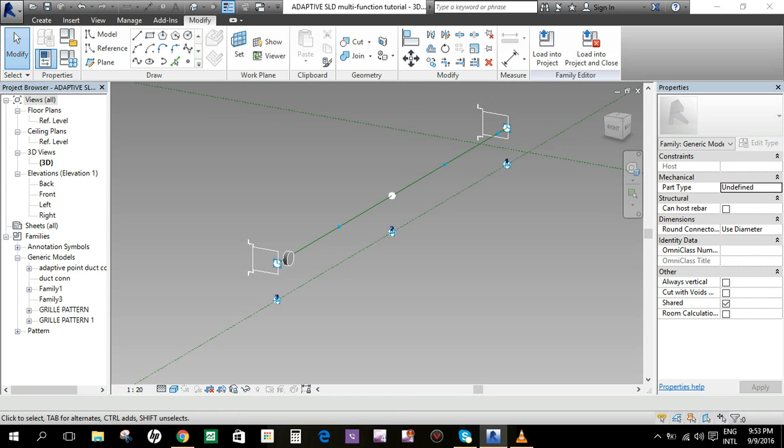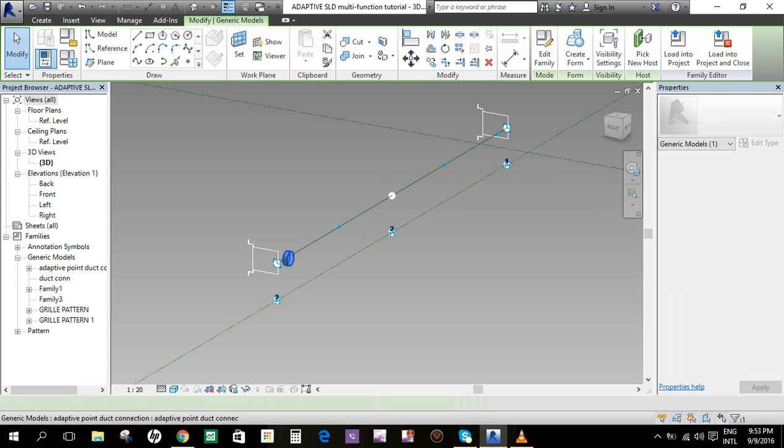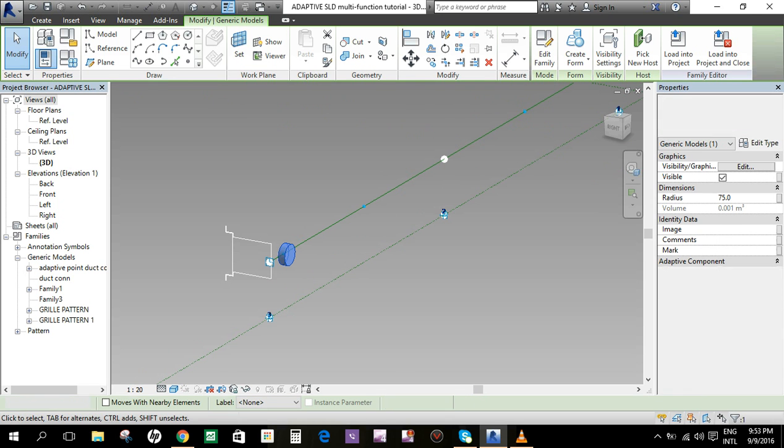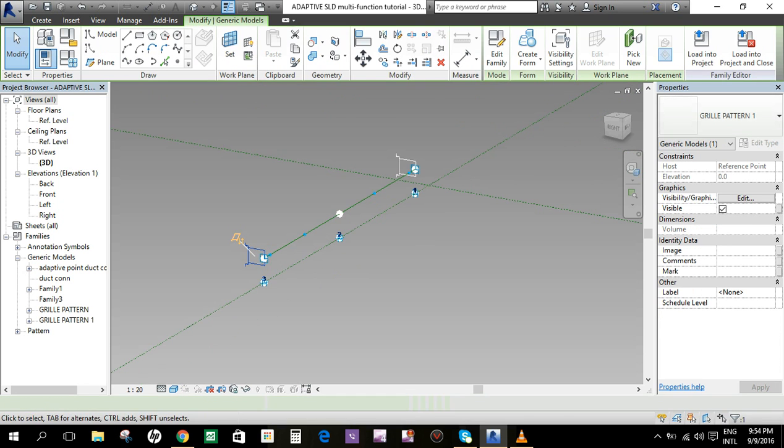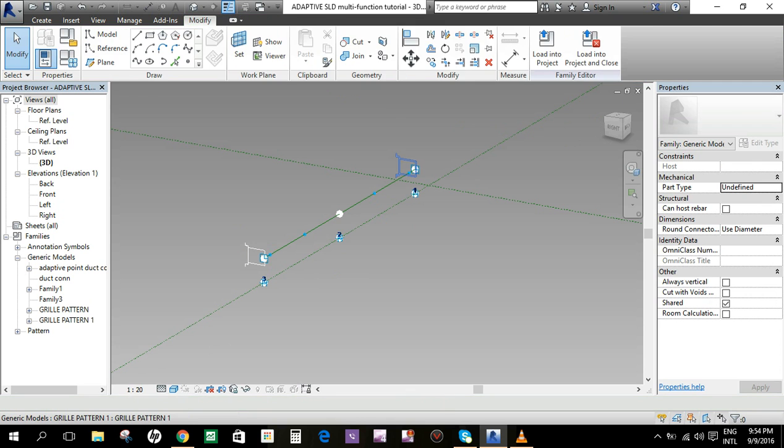So, mostly that's it. You just select this one. For example, we will delete this one. For the duct connection, the profile is already in place.